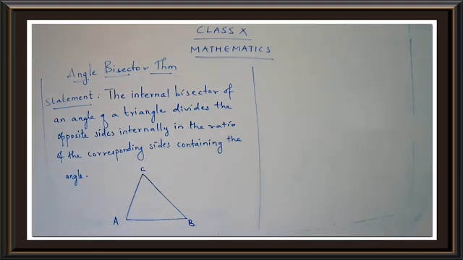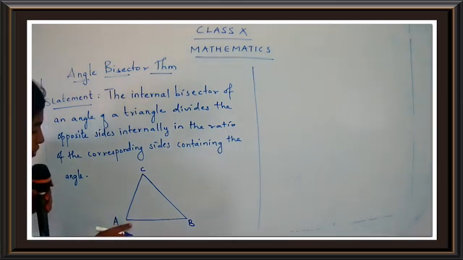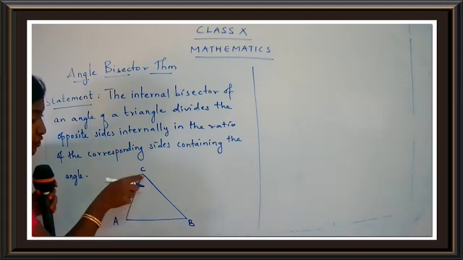Draw a triangle ABC. Okay, so now what you have to do is, in this triangle ABC, we have some construction part. Okay, children, so let us complete the construction part also. What you are going to do is draw a parallel line to AB. So now this is AB, and you are going to draw a parallel line.